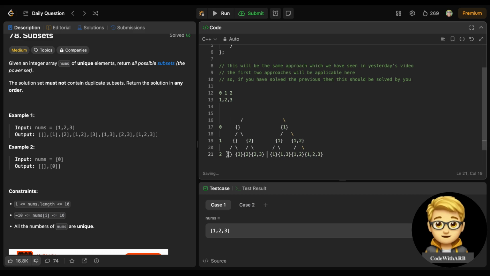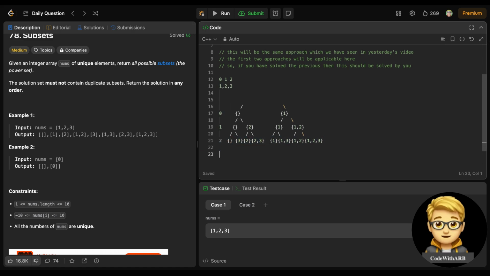If you observe here at the leaf part, I got all the values which we want without duplication. Let's see: empty, 3, 2, 2 comma 3, 1, 1 comma 3, 1 comma 2, 1 comma 2 comma 3. If you match with this answer, you will find that we have the answer at the leaf position, which is at last.